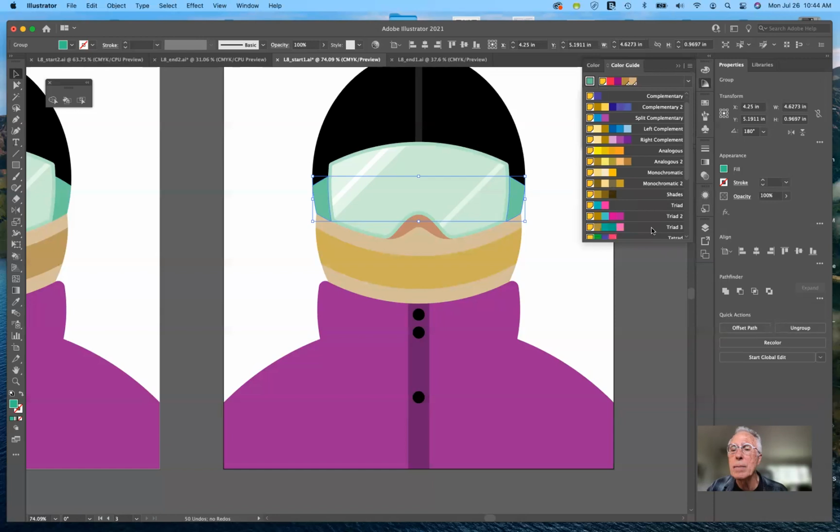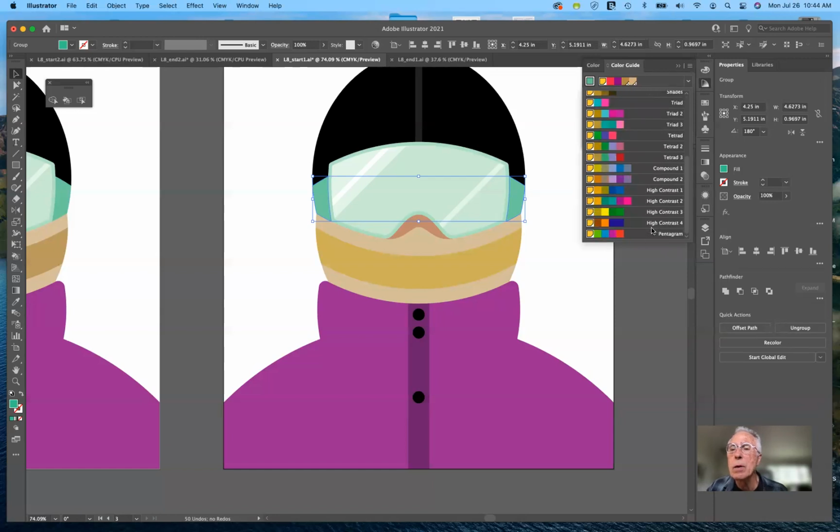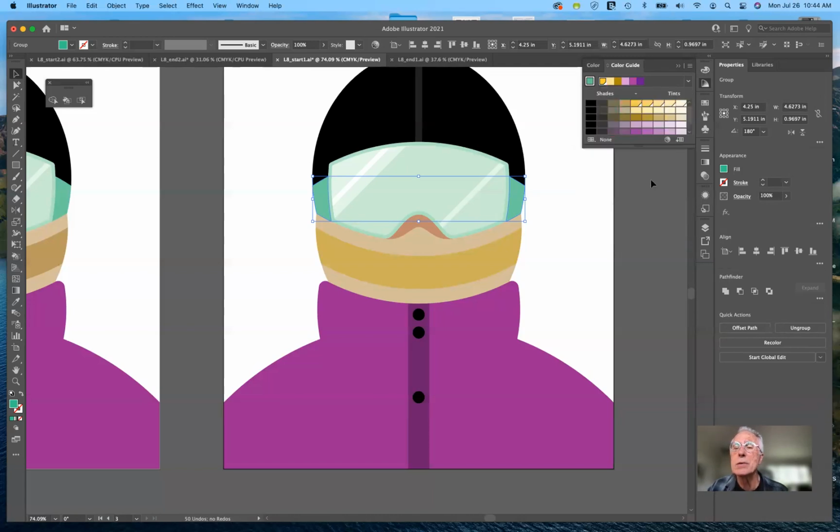I want, where do I want it? I want a right complement. I believe they want us to use a right complement. So I'll select right complement. So these are all the colors from a right complement. Now, if I want to add these colors, I can, to my color group, and create a whole new color group from that. I can also, it will show me based on the key color here,